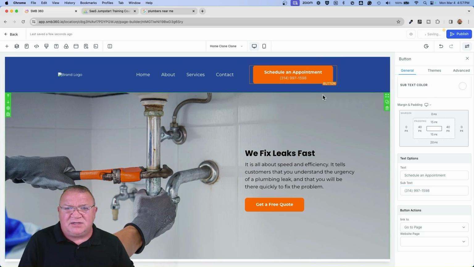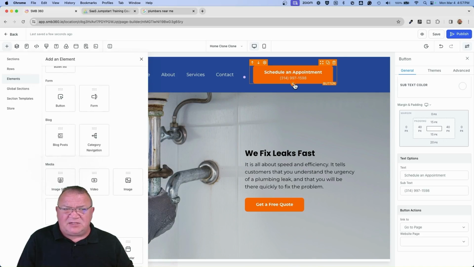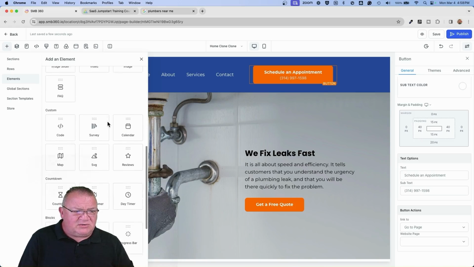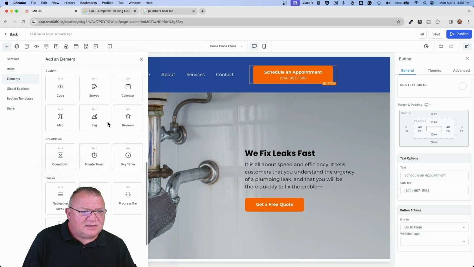That might be a good little touch, to add their phone number, schedule an appointment, and have a call button up in here if you want to as well. All these things are very easy to do inside of HighLevel. You just simply come here and click this little plus button. You choose from one of these other elements that you have in here. If you wanted to, you can simply come down here and add another button. I think it's, where is it at?